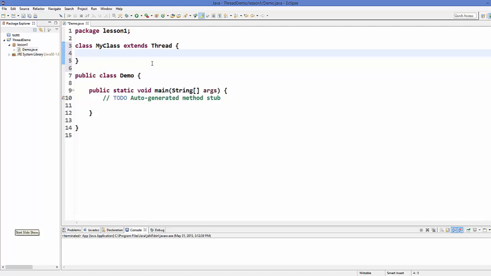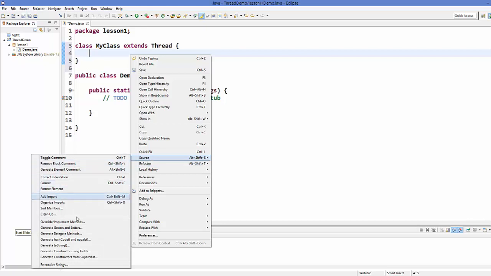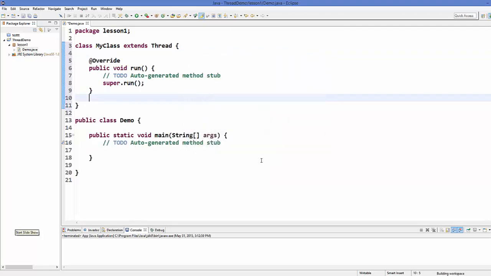To implement this run method, you can just right click and go to Source, and in Source you can go to Override/Implement Methods, and in here you can see all the methods you can override or implement. The method which we want to override is this run method. So click this and click OK, and it's going to implement it.